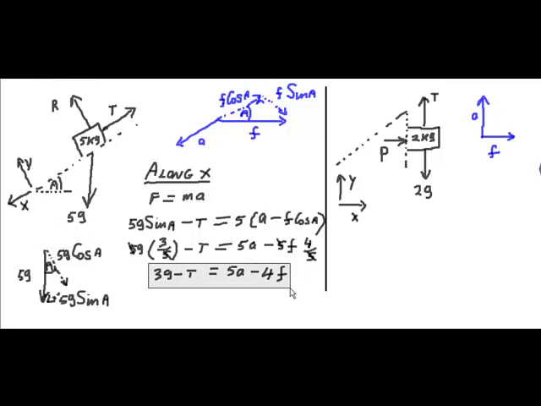The only trouble is we have two more unknowns, T and a, so we've got three unknowns altogether, which means we need at least two more equations to be able to solve for F. So we have to keep going. And you get the next equation by doing something similar for the forces along y. And along y, right down here,